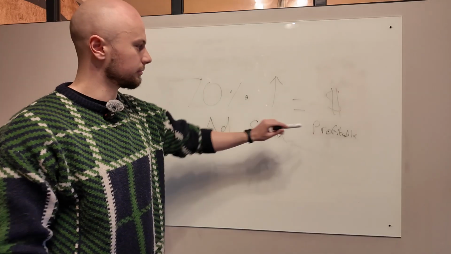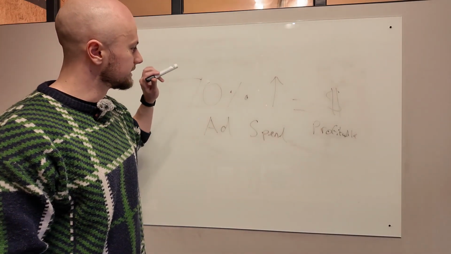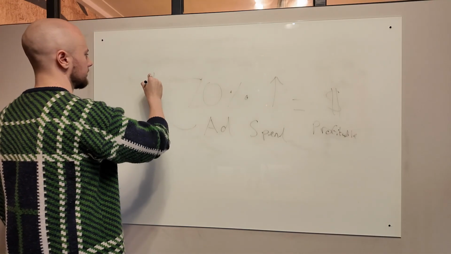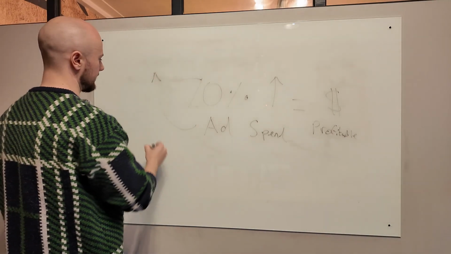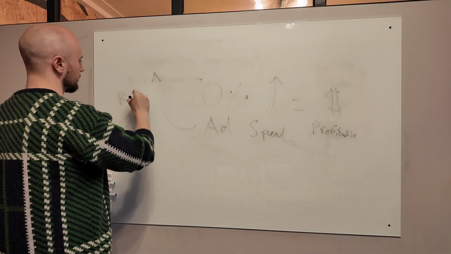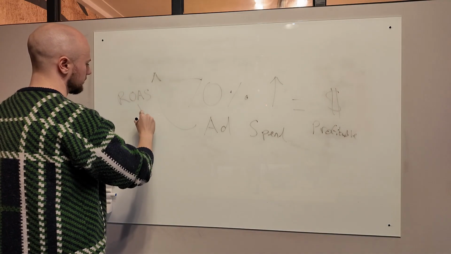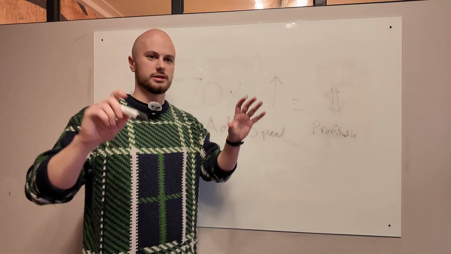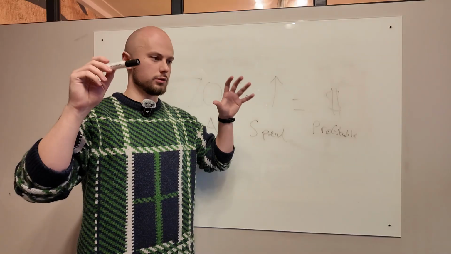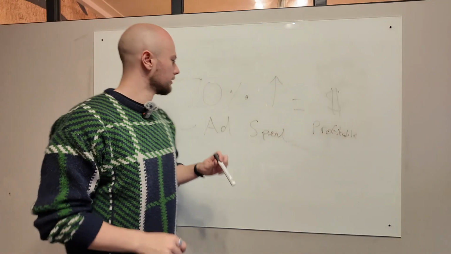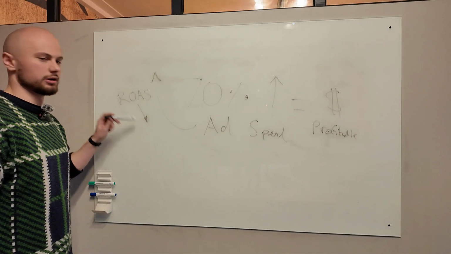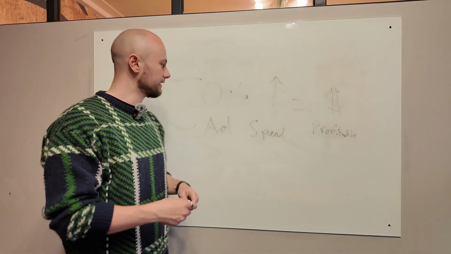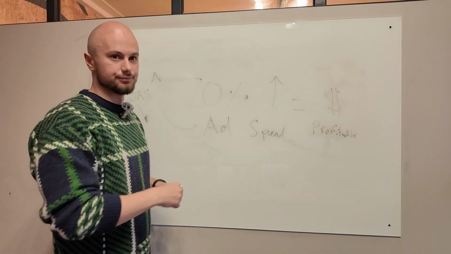Now, the reason you're not going to be profitable for long is because typically, as you increase this ad spend, your return on ad spend is going to go down. Now, I've been doing this for a very long time. I would love to tell you some sort of technique or specific way that you can do things that means that your ROAS will never come down as you bring ad spend up, but it will. So what you need more is business margin.